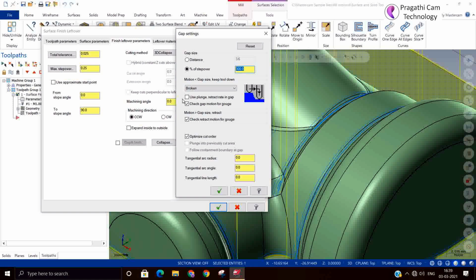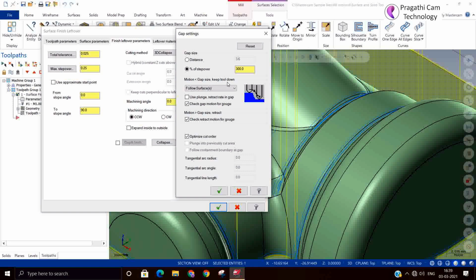Suppose the gap is below 300 percent, means 0.7, below 0.75, how does the tool have to behave in between that gap? So here there are strategies: follow surface, direct and smooth. These strategies are available. So this is the motion strategy.